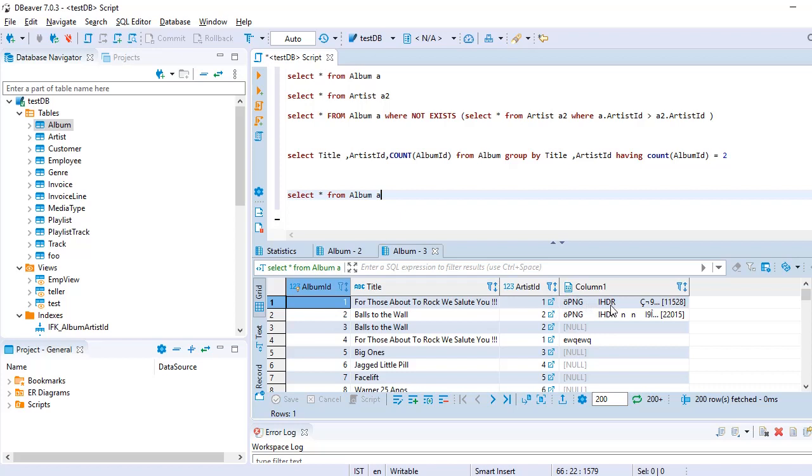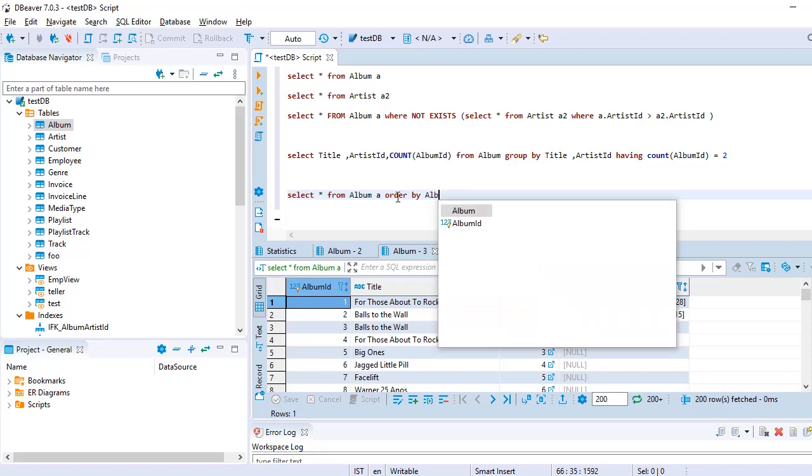This is the column 1, any random column. So we can apply order by clause on any column, like artist ID, or we can apply on album ID.